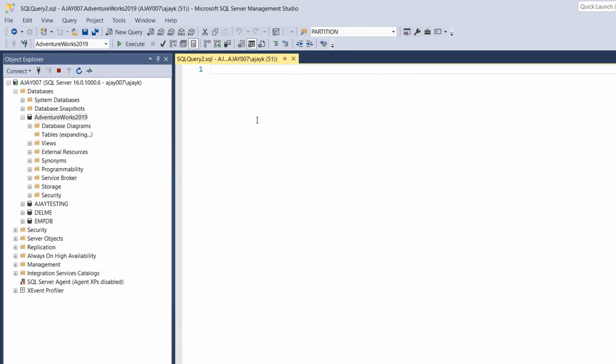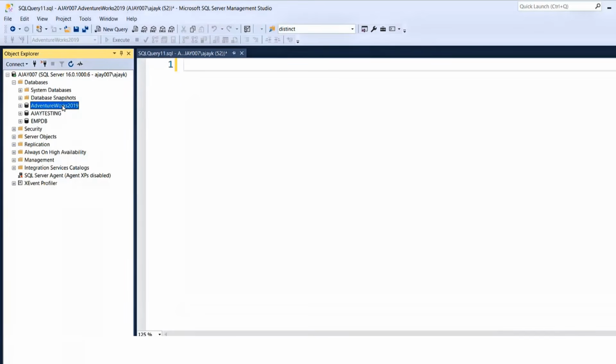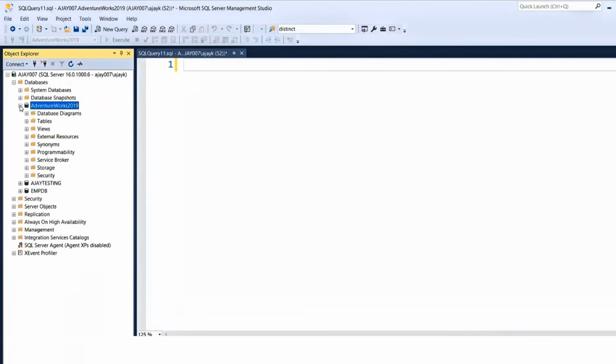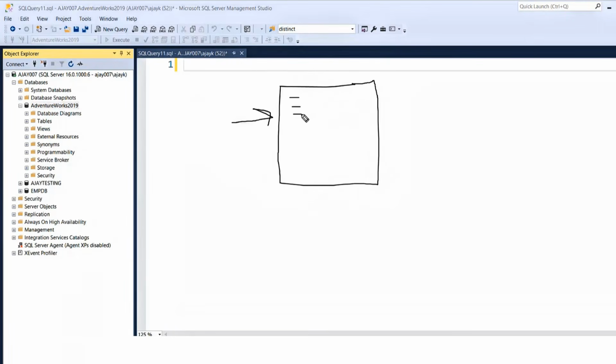So this is the beginner course, and now let me start with this. Let's first have a look at this. I'm just going to expand this. Now in this database, so what is a database? As I said, it's like a container. You have this container, right? It's basically a place where I can store a lot of information.